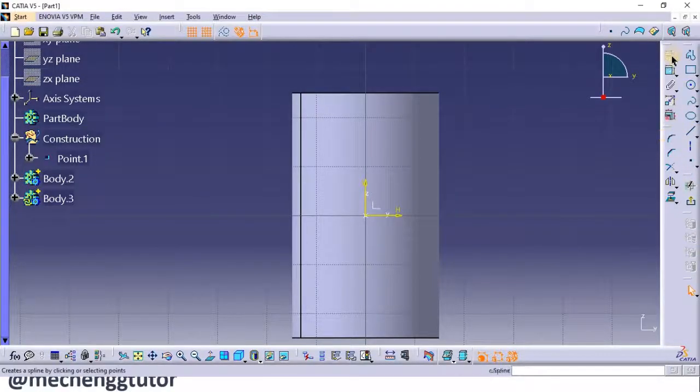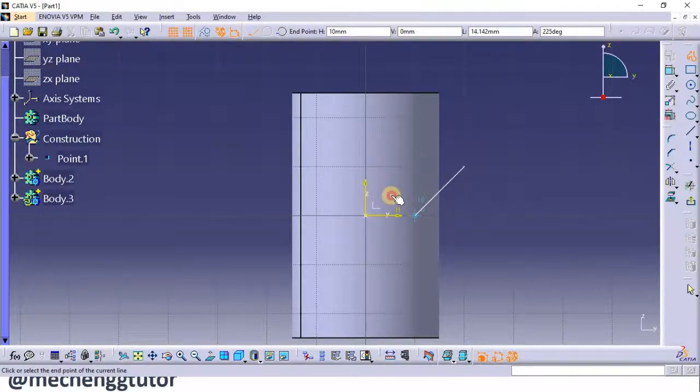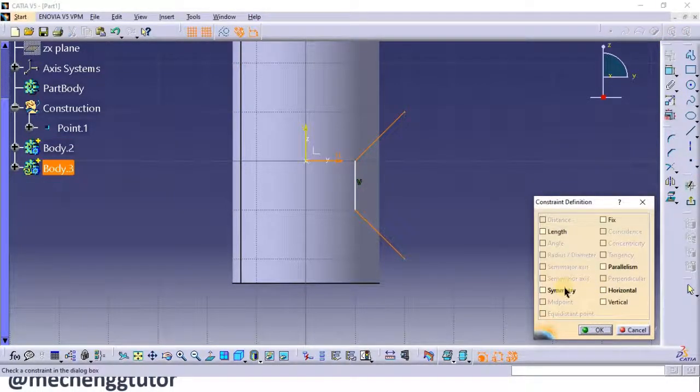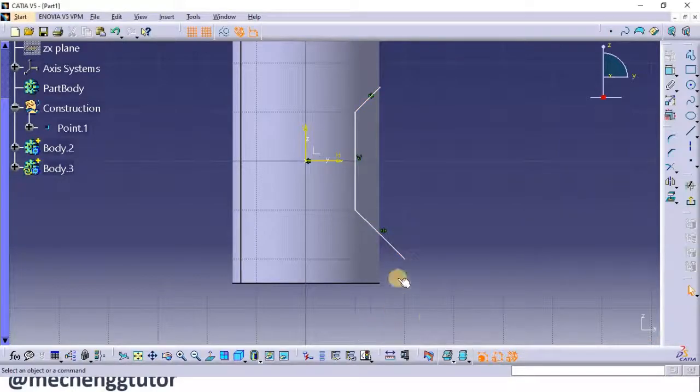Then here you take the profile and we draw here the sketch which needs to be removed over here. Say I want to remove this, I've drawn the profile. Once the profile is drawn, I need to constrain it. So first I'll constrain it with respect to the geometry, that is I apply the geometrical constraint, say symmetry and say OK.